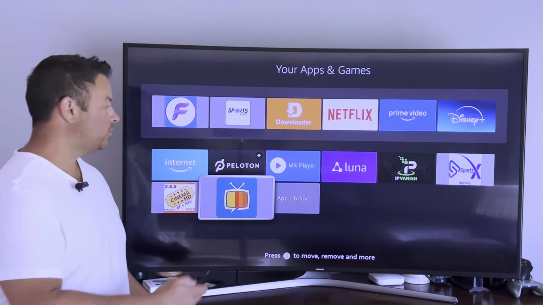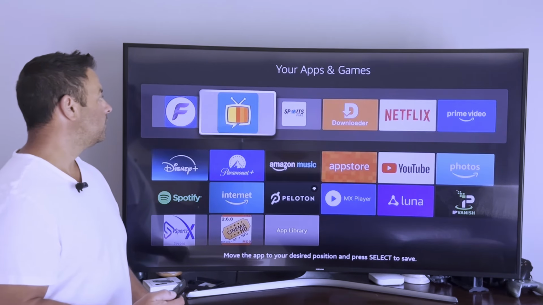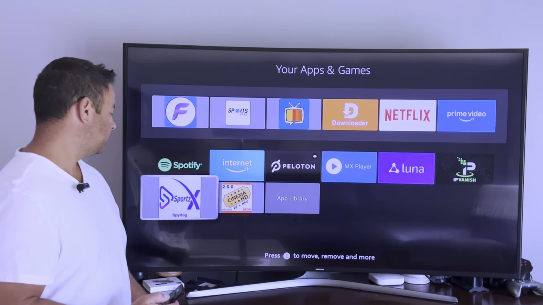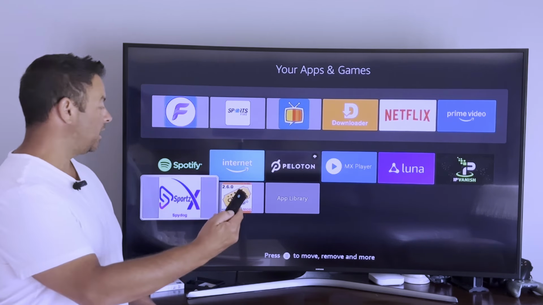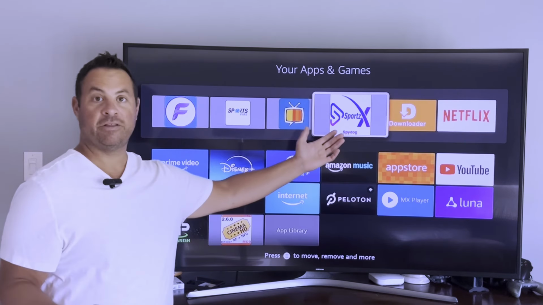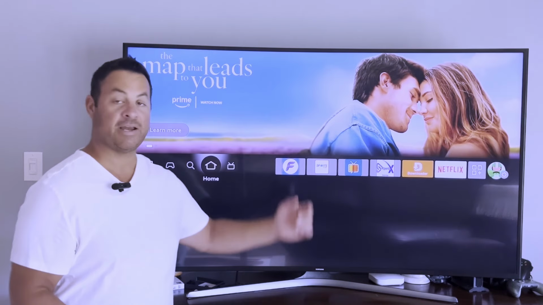I'm going to do stream, move it, right? Then we can do the same with sports. Highlight it, move. Now we have all these applications on our Amazon Fire TV stick up front and center so